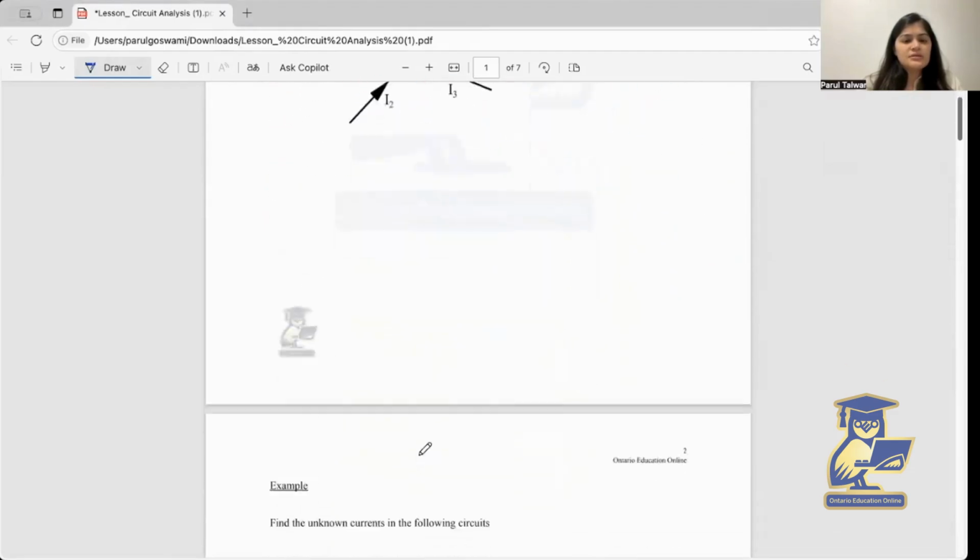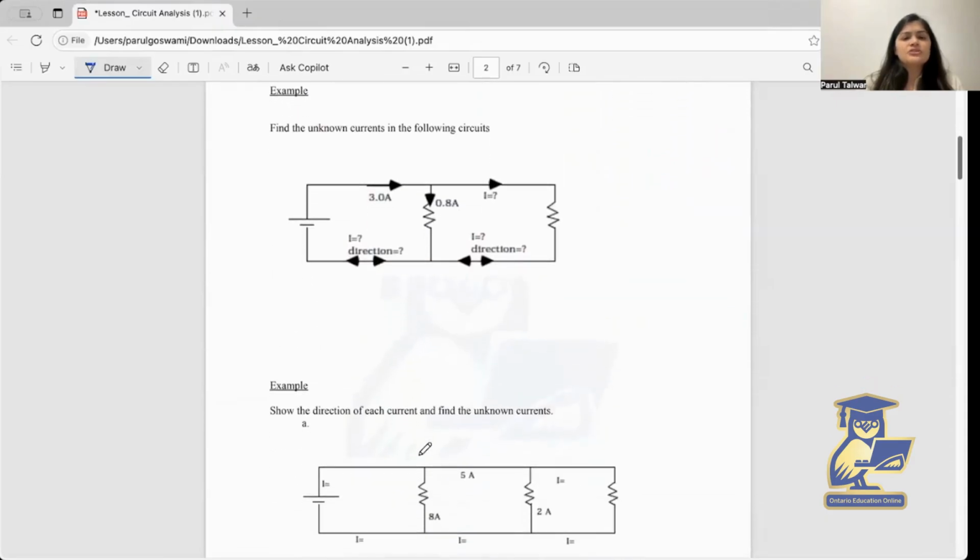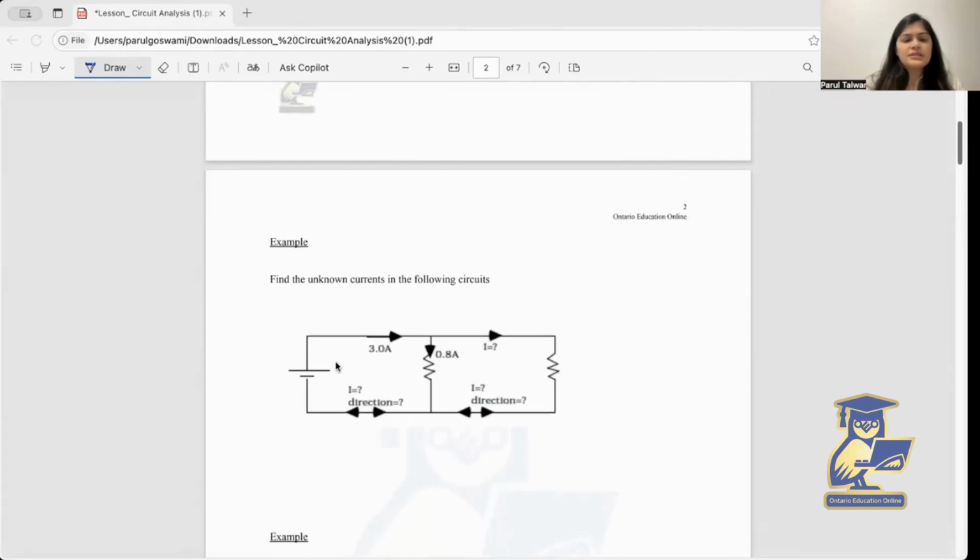Now let's do this example. Here we have a circuit in which we are required to find the unknown currents. Let's solve this using the KCL law. Here you can see the main circuit, and from the battery we have 3 ampere current flowing into the top wire, and 0.8 ampere current flowing downward through a branch, and at this junction,